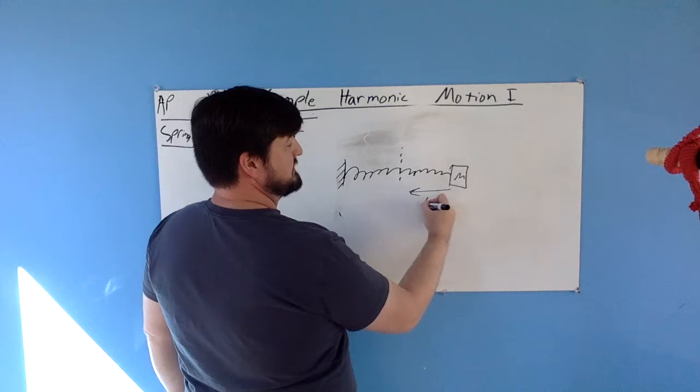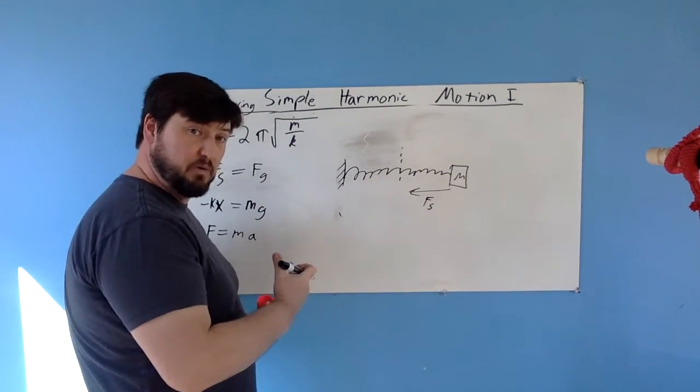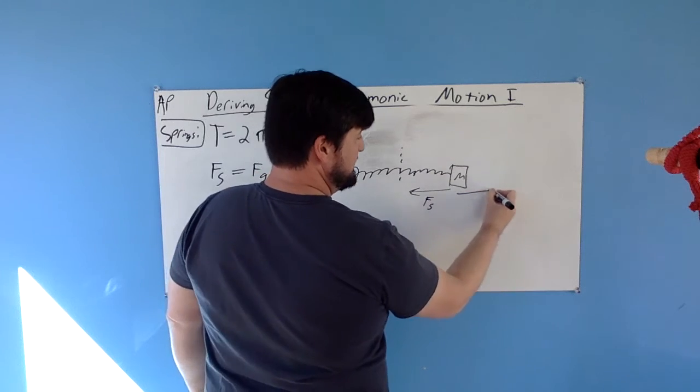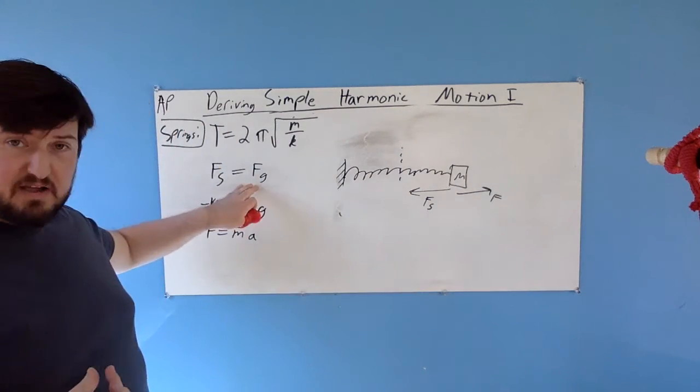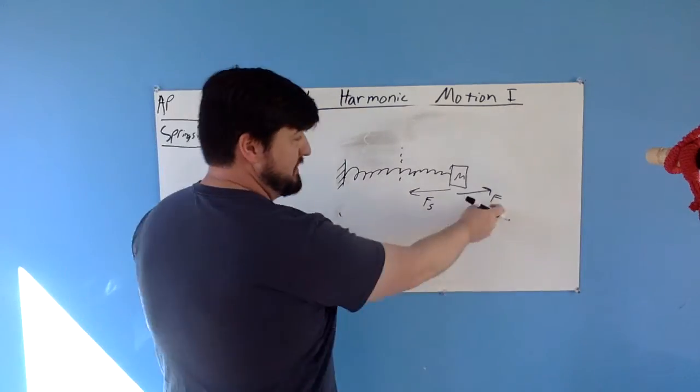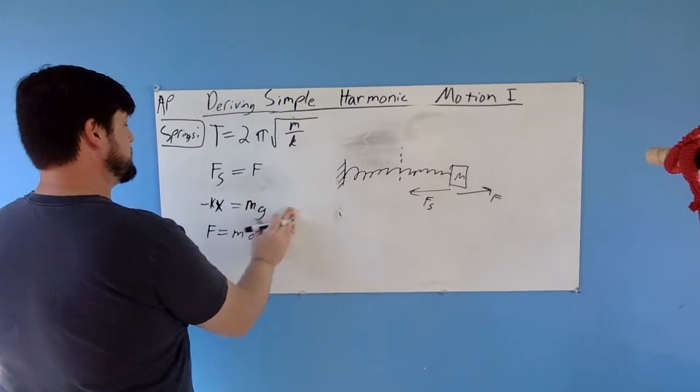Now, the force bringing it back this way is the force of the spring. It's always a restorative force. It wants to pull it back to where it was, right? And this force here would have to be the force that you exerted. So again, it's not force of gravity here. Now this would just be a force. So I'm going to make it more generalized. Force of the spring